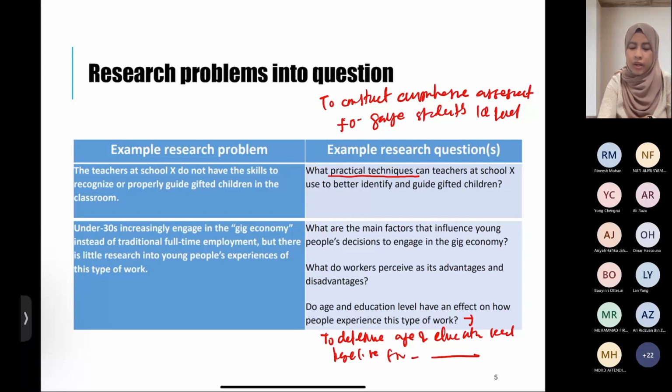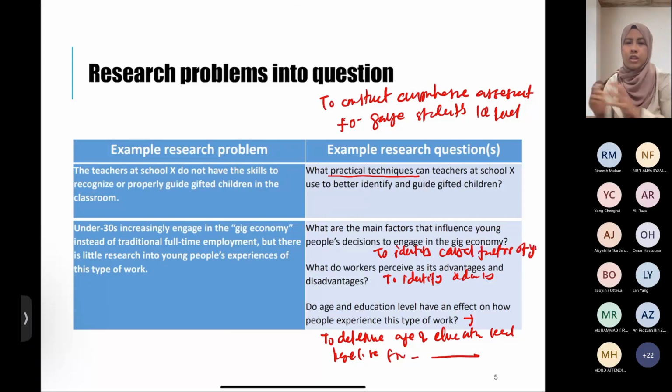Okay, this one, perhaps to identify, this is to identify advantage and disadvantage. Perhaps this one is to identify main causal factor, for example, causal factors of young people decision to engage in gig economy. All right. So your research question is very, very specific so that you can formulate the research problem,